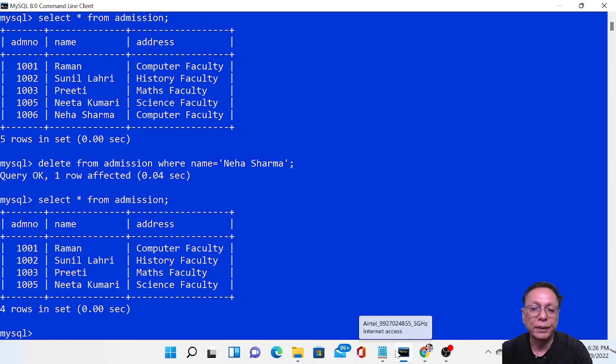Now we are going to update, you know, modify the records. What do I want? I want that the address of computer faculty should be changed. I'll do update table name first. So update admission